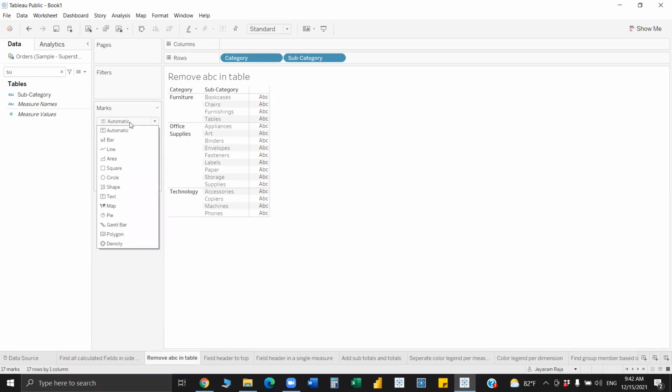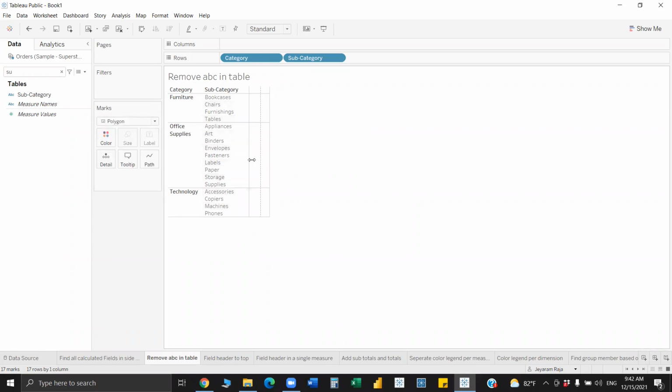Apart from that, we have some other ways as well. You can just convert this text to polygon, so this will be kind of blank and then you can hide. The reason you have to convert it is that sometimes when we put it in a dashboard, when we change it to slideshow or increase the width, there are chances that this hidden part might get expanded. So it's better to convert it into polygon so that ABC won't be visible.